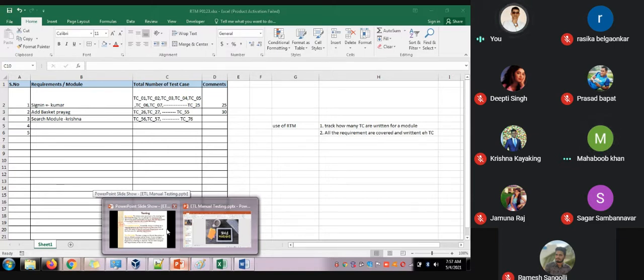Yeah, sir, in the total number of test cases, we have to mention TC01, which is test case 1, test case 2 to test case 25. So this has to be mentioned after the test cases are planned, right? Absolutely. Once you have completed all the test cases and your testing is done, at that time you need to point it out.